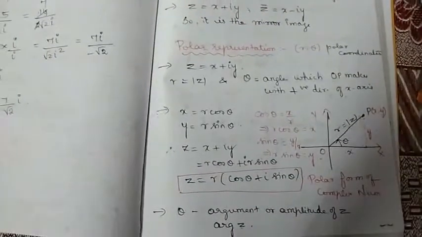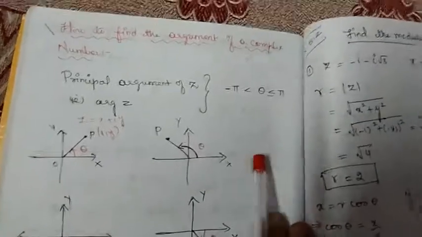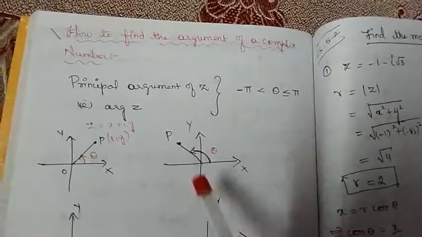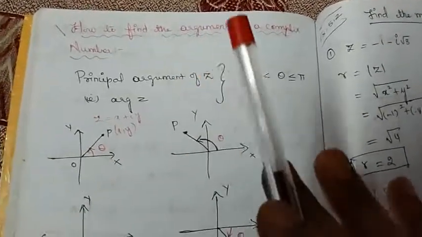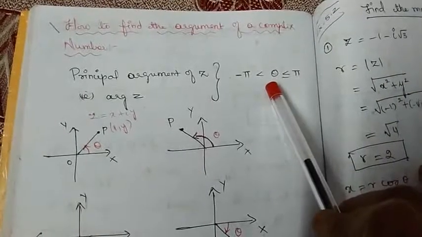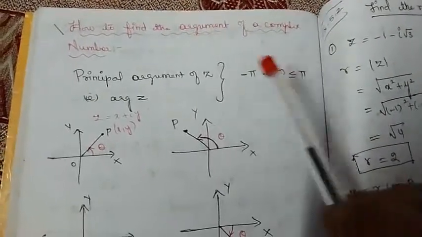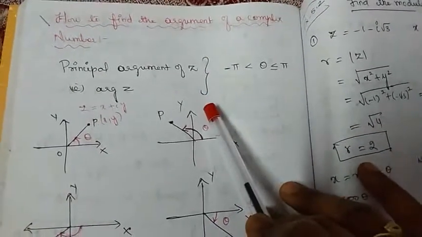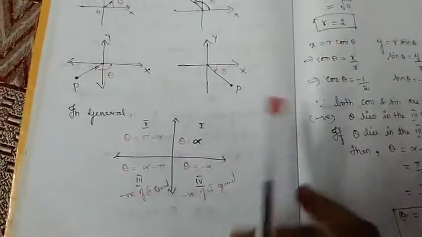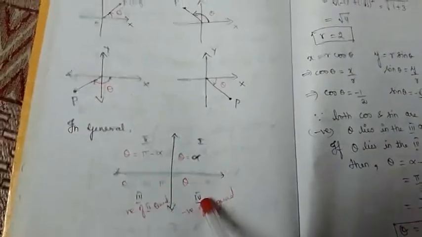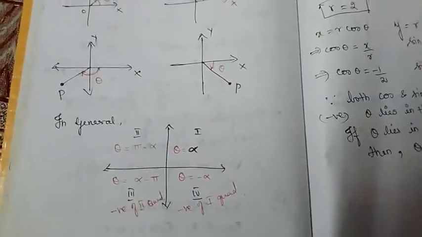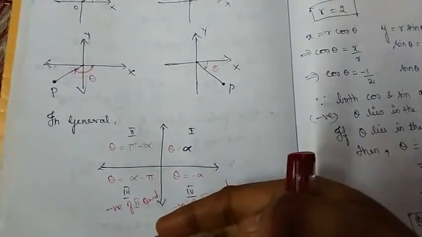As we have seen in trigonometric functions, the principal solution for the trigonometric equations, we have a principal argument. So we are bothered about the value of theta which lies between minus pi and pi. That is called the principal argument. With the principal argument only, we will express it in the polar form, right? So if we get theta in the third or fourth quadrant, since it lies between minus pi and pi only for the first and second, we will assume it like a mirror image, as we have discussed just now.